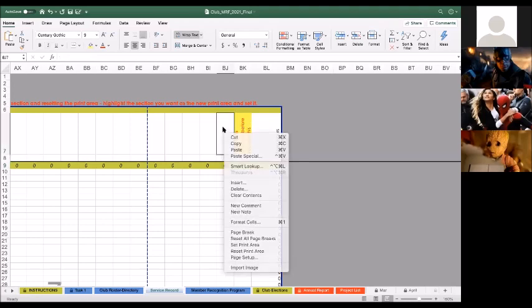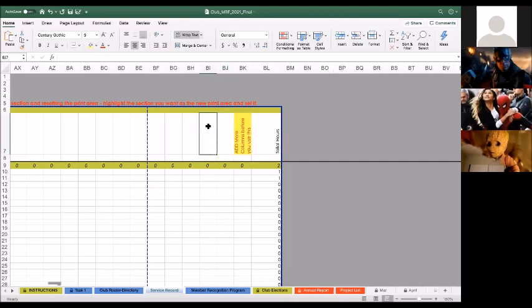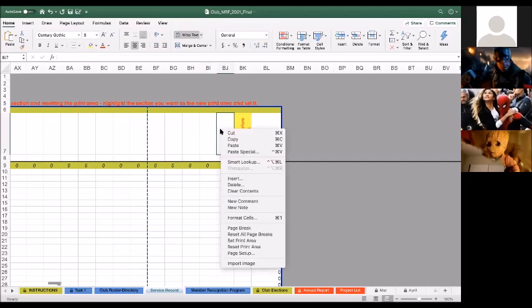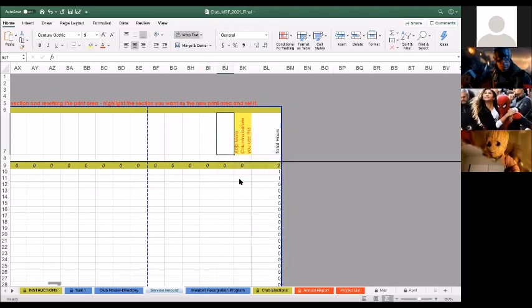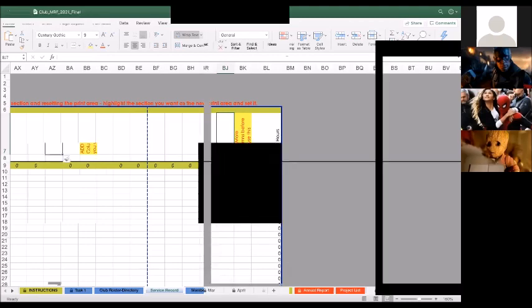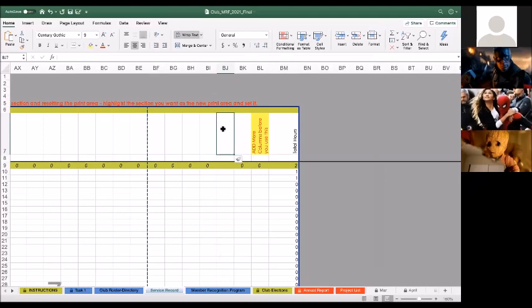So I would copy any of the previous columns wherever you last ended, right click, insert entire column, and it'll insert that column.